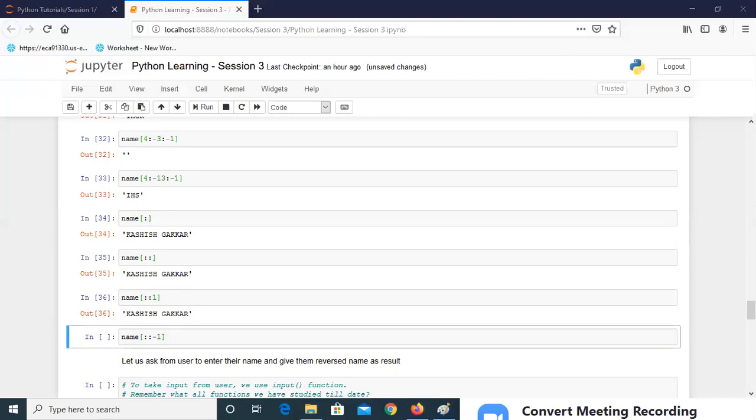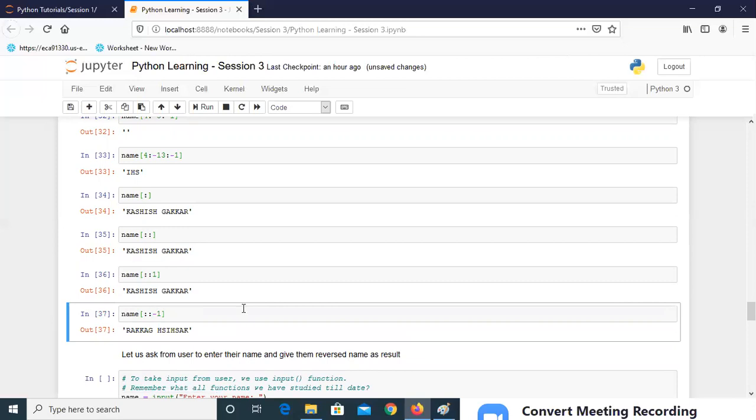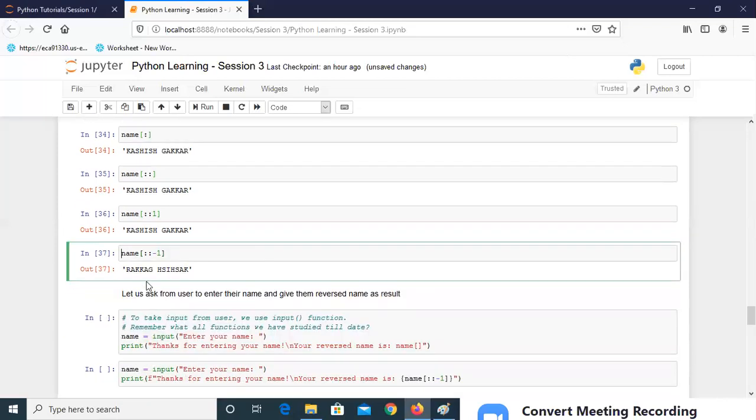All right. Can anyone try this one? The last. Will that give the name in reverse order? Yes, it is going to reverse the string, as you can see. So now we learned how to reverse a string. That is right, Sunil. So let's learn one more thing now that is new for all of us. Now we are taking the input. This will be the last concept for today.